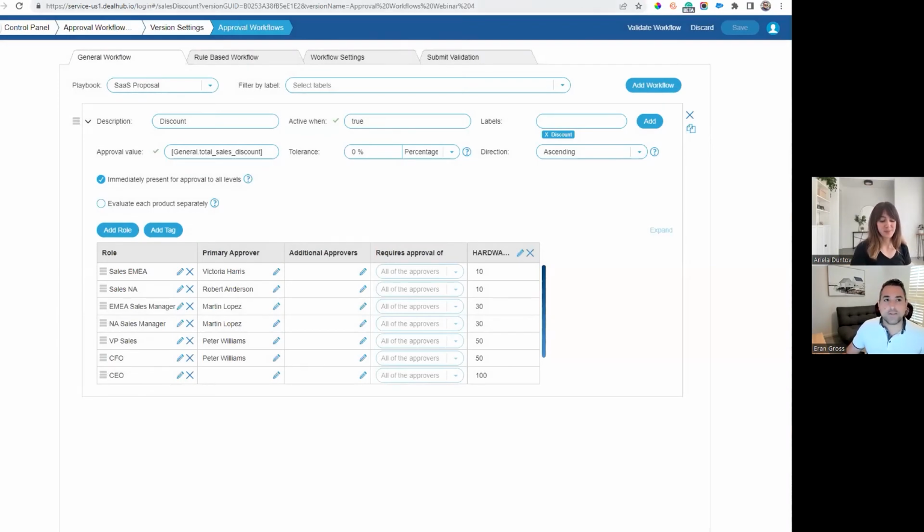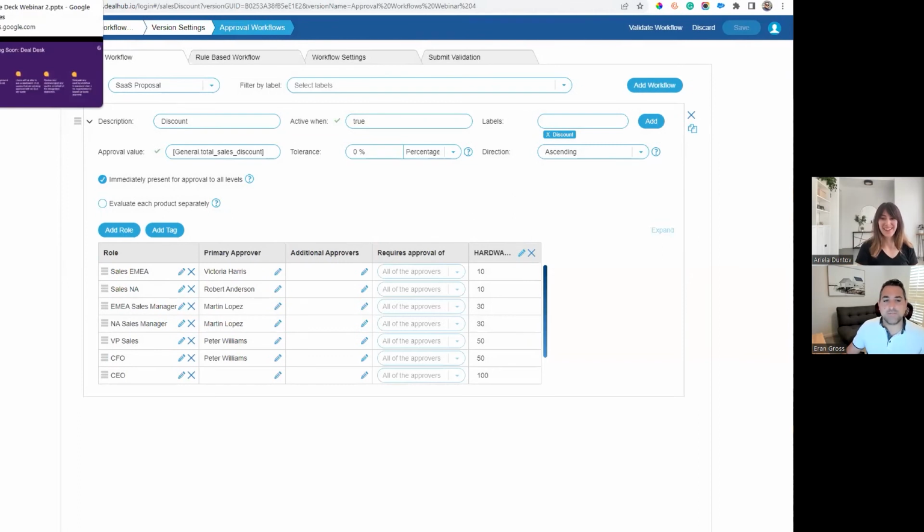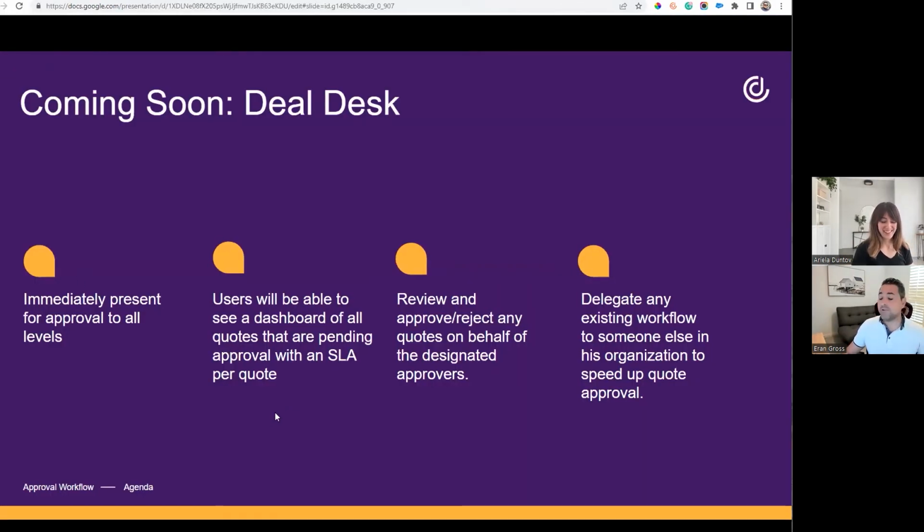Now, let me get you to the exciting part. This is definitely something that is hopefully going to get all of you guys excited about. We are super happy to announce that we are going to release soon a feature that we call the deal desk. Name may change, keep in mind, but this capability of the deal